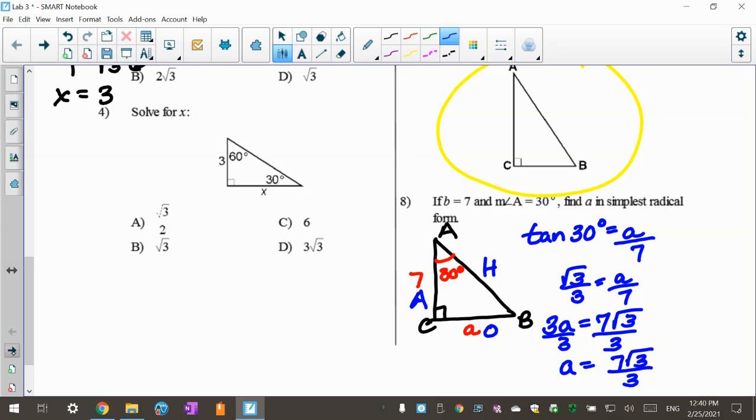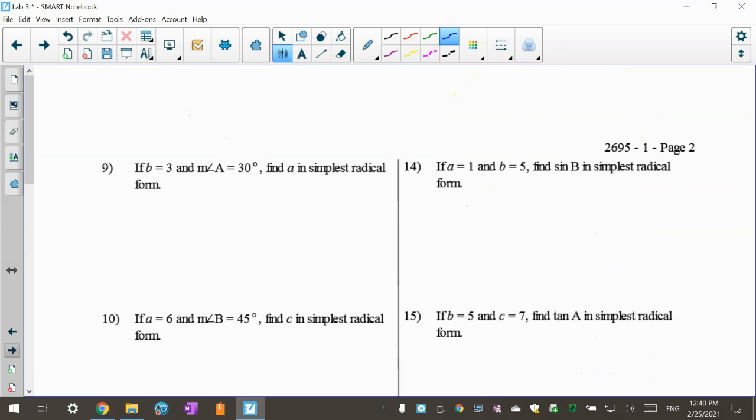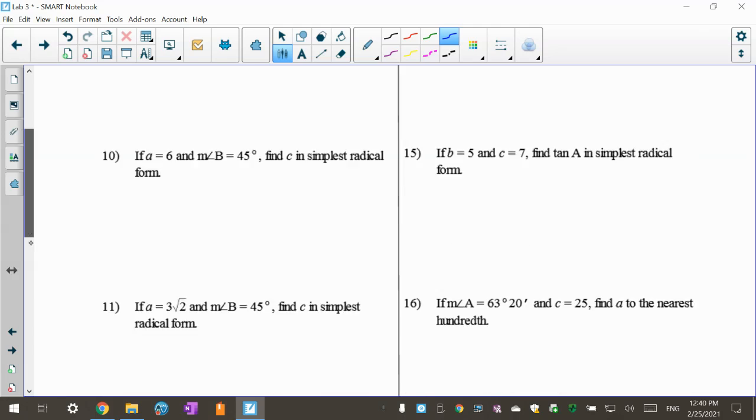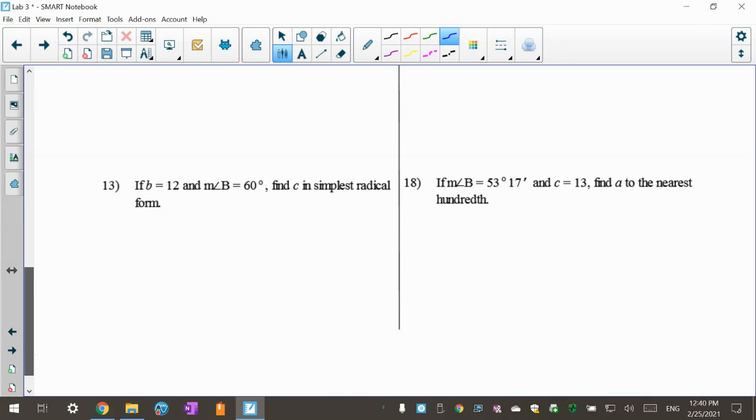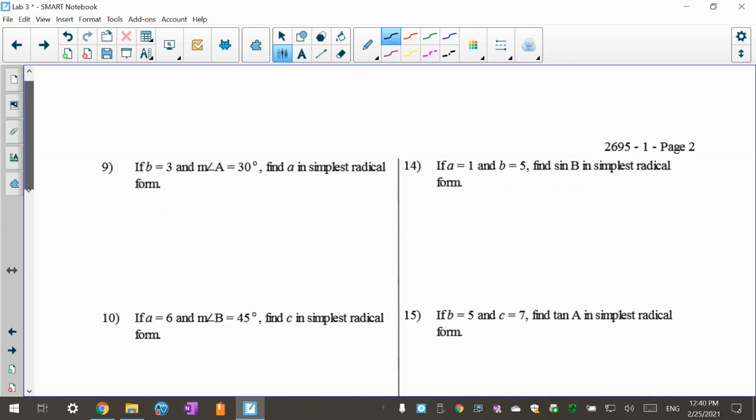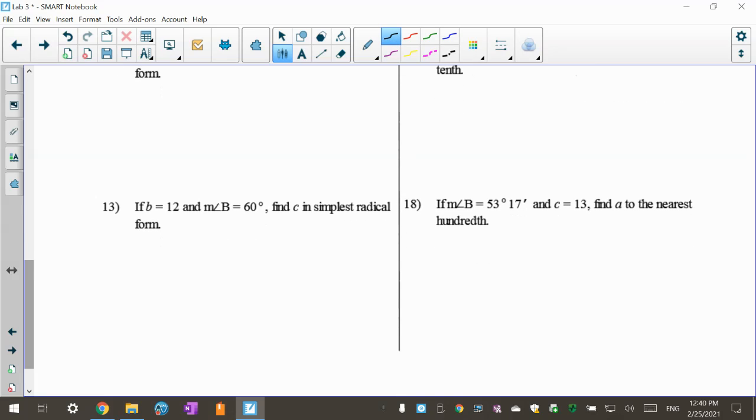Okay, so let's look at the next page. And you're going to go through and use the exact same picture for all of these. I'm just trying to find one that's a little bit different here. And let's do 13. So 13 says, let me try that again. I keep hitting the screen. So here's my picture. I make it bigger than my